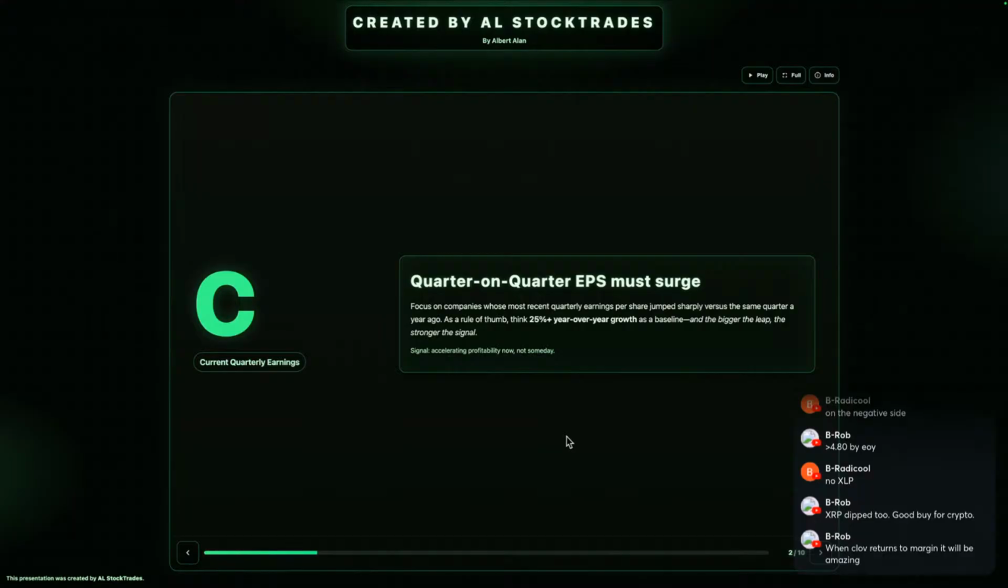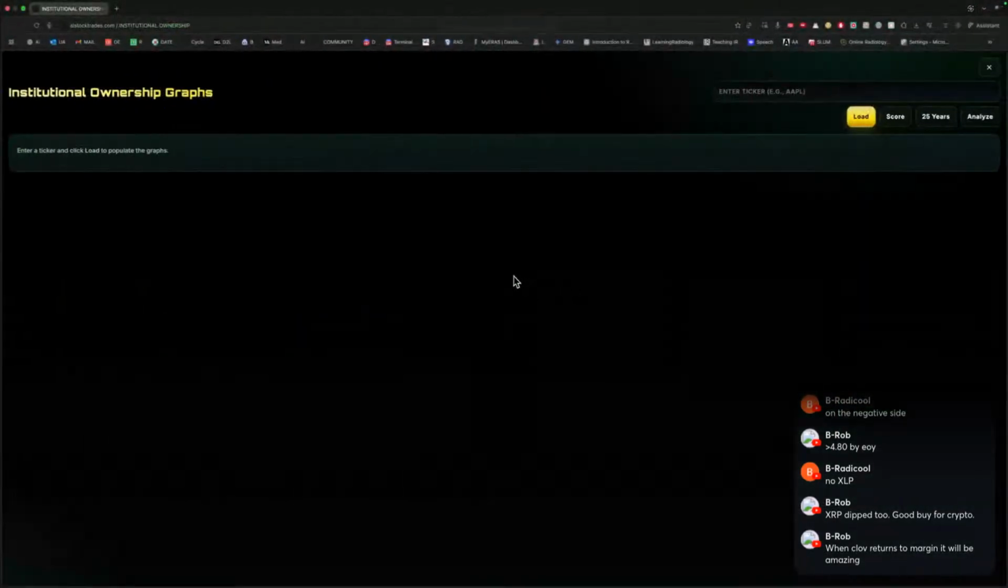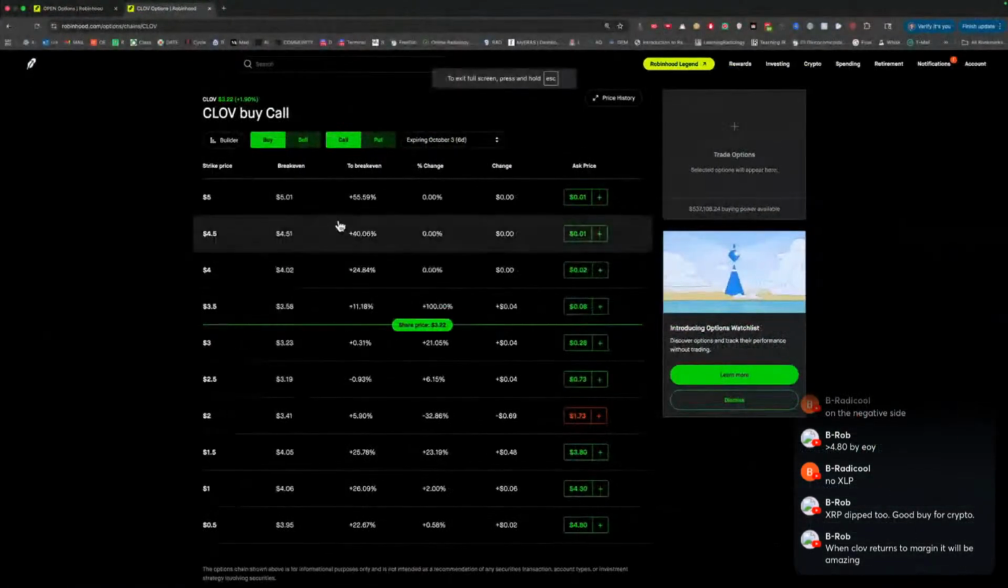Clover was net income positive for the first time, and it shot up, right? So accelerating profitability now, not someday. Overall, Clover's headed towards that. And how do we know that? Well, if we look at